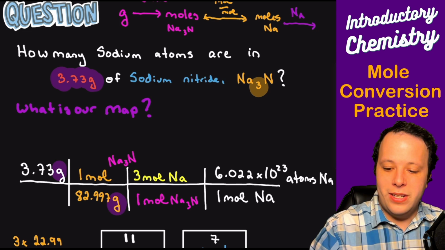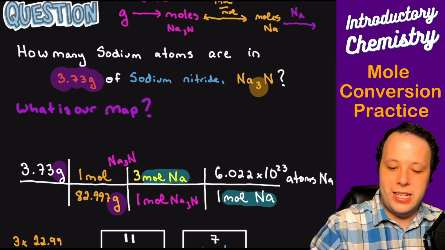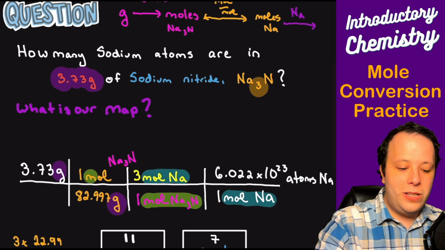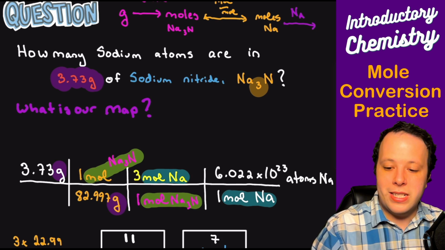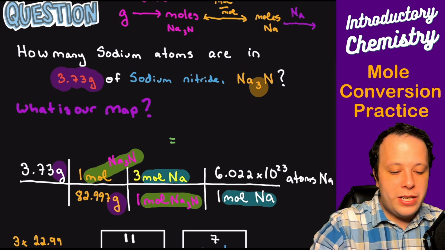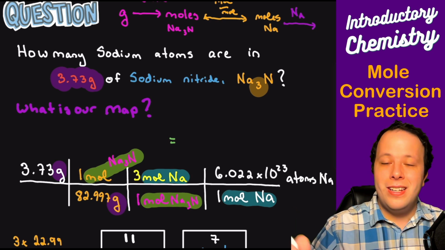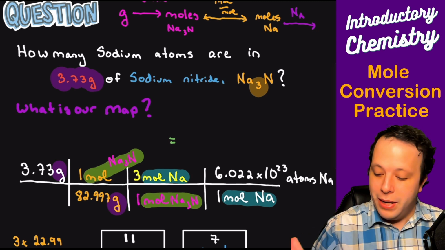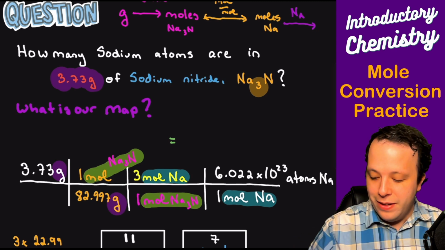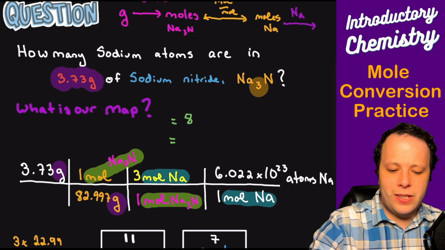And the one thing we're going to notice here is that all these different terms are going to cancel out very, very nicely. Look how our units guided our process to the sodium atom part. So when we plug this into our calculator, we're going to take 3.73 times 3 times 6.022 times 10 to the 23. Take that number and divide it by 82.997. And then what you're going to get for your answer is